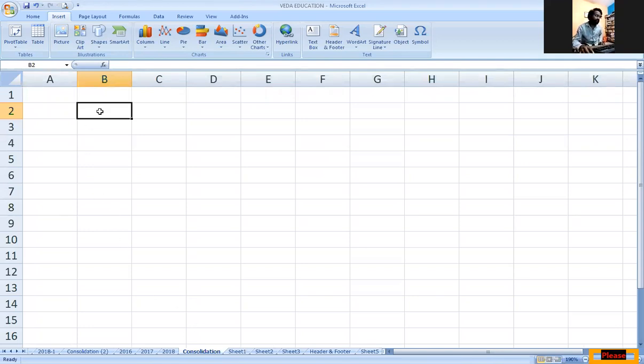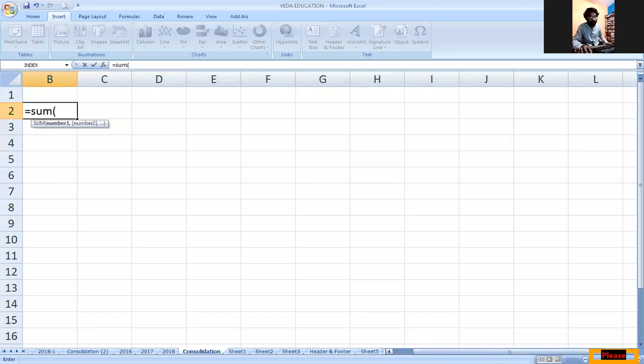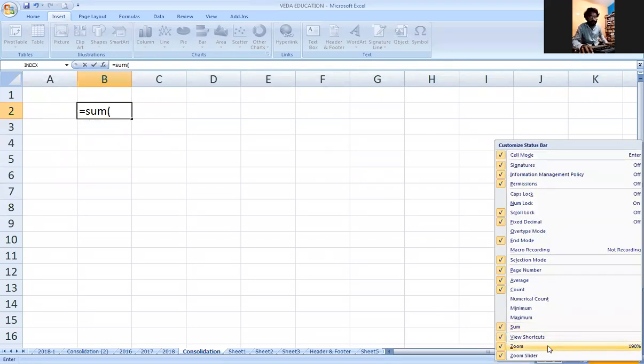To get it, you can type equal to SUM, or press Alt equal to, which gives the same sum. Open the bracket. When the cursor is blinking over here, I'm making some more zoom.